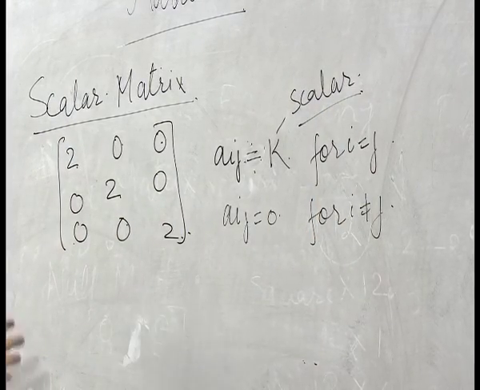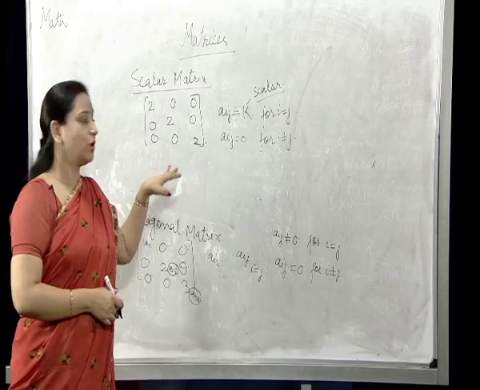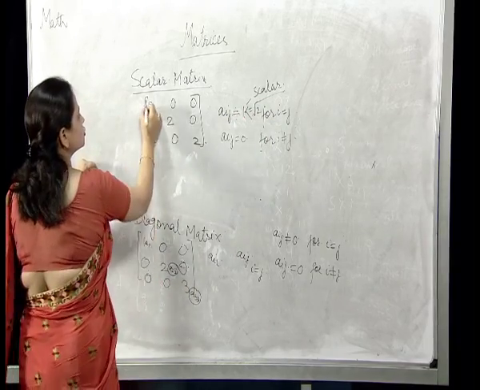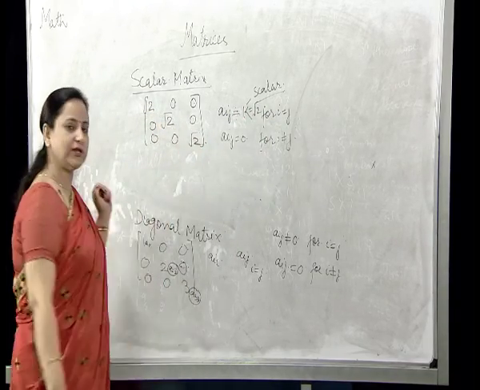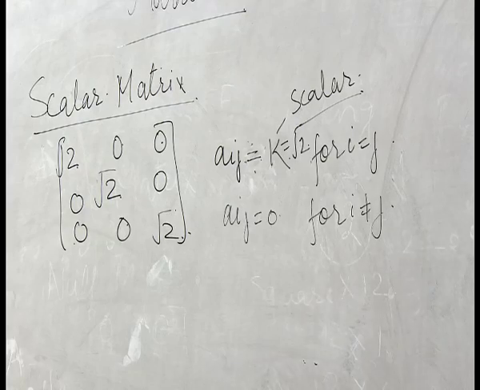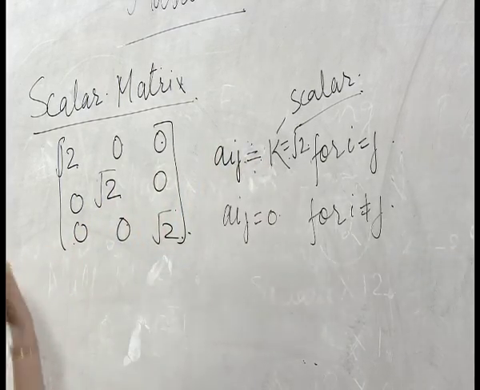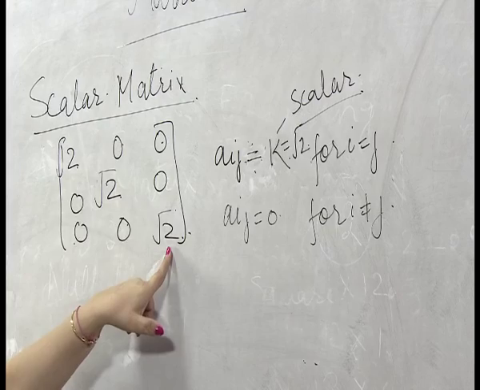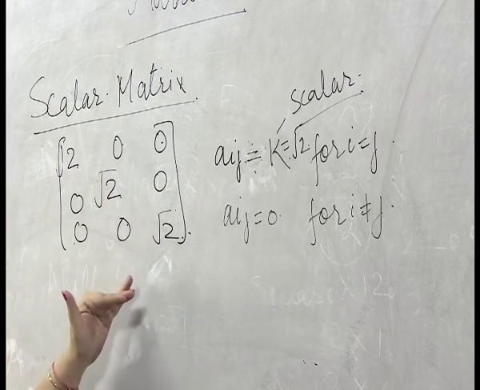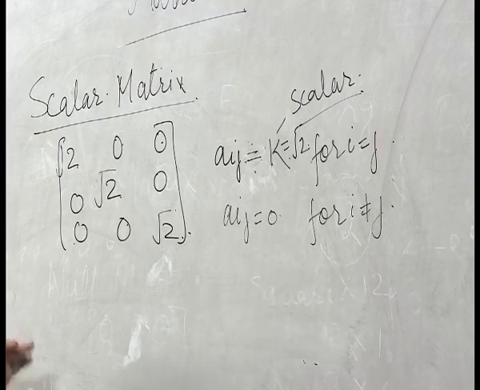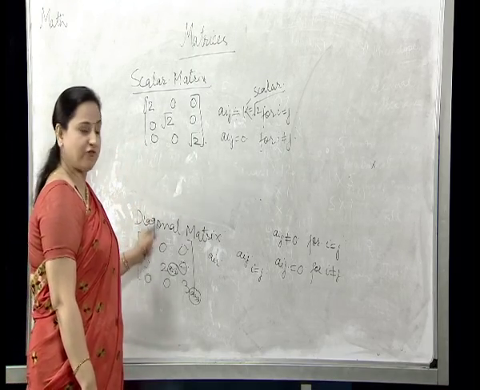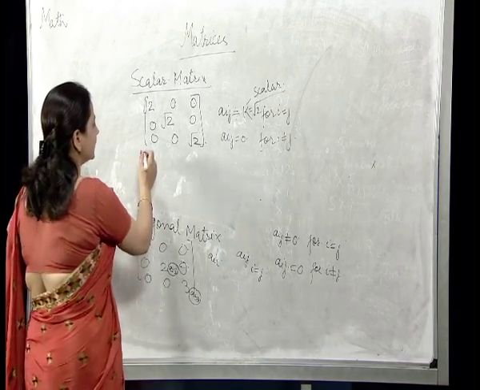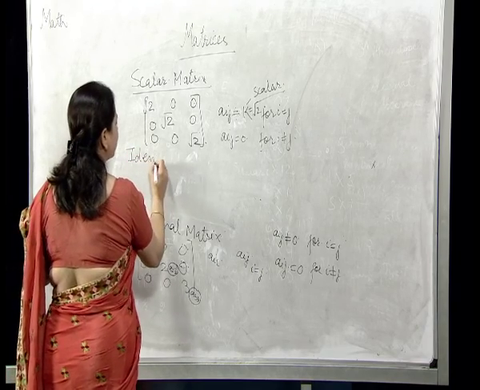That is why it is called a scalar matrix. It can take any value. So, if you give the value √2 to k, what will you get? You will have √2, √2, √2 here. All the 3 elements will be √2. If you give k the value -√3, all the elements will be -√3, -√3, -√3. Rest all the elements will be 0. So, this was the scalar matrix. It is very important to differentiate between these two matrices, the diagonal matrix and the scalar matrix. And then the third comes the identity matrix, a very important matrix.